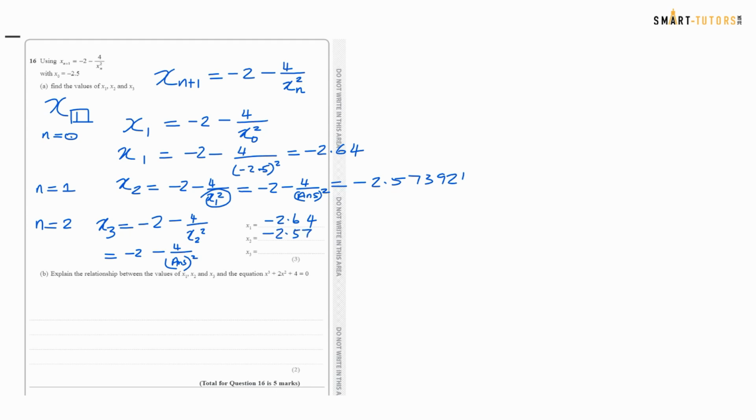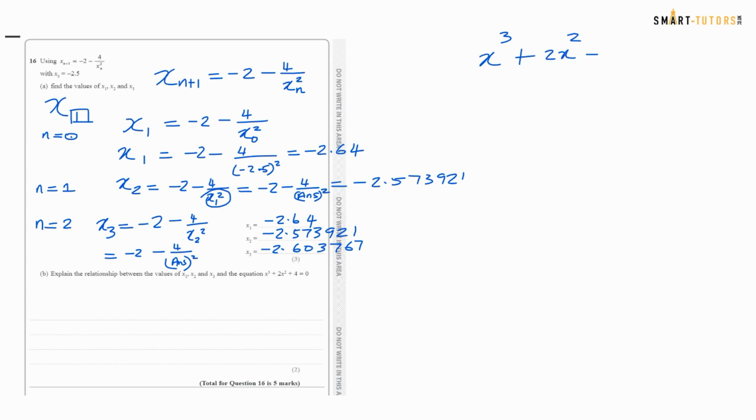So copy the answer: minus 2.64 is the x1, minus 2.573921 is the x2, and minus 2.6037667 is the x3. Explain the relationship between the values of x1, x2, x3 and the equation x cubed plus